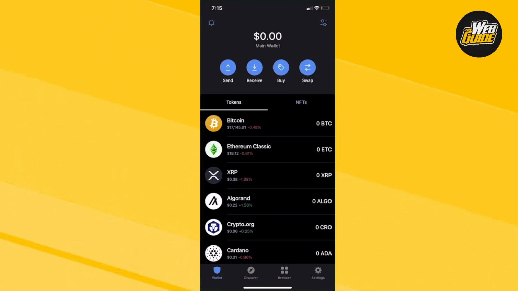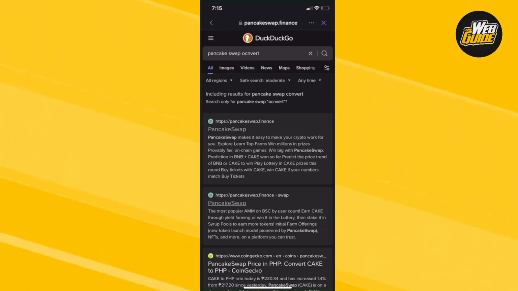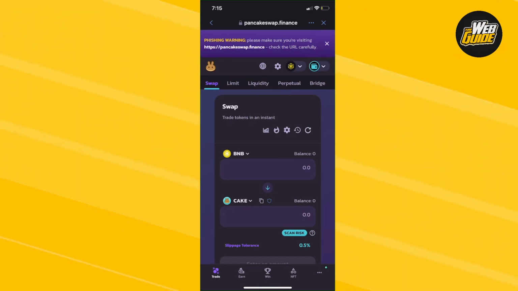What you're going to want to do is head over to your Trust Wallet. Now from Trust Wallet, head over to your browser and you're going to want to search up pancakeswap.finance/swap. Now you guys can see I actually have it as the second option here. I'm going to search that up and we're actually here at the PancakeSwap, guys. Now basically here you can swap out your cryptos and pretty much exchange them for another